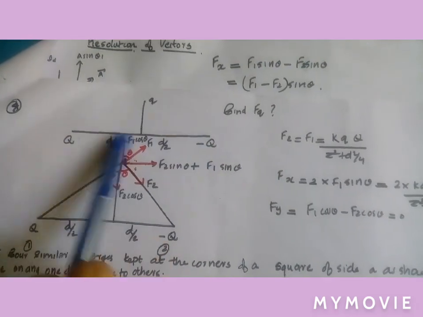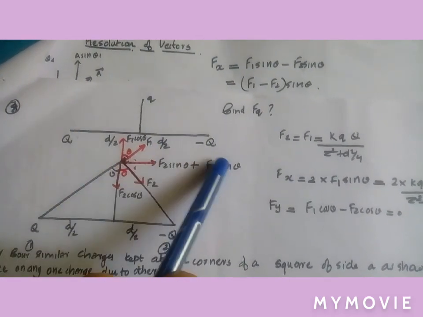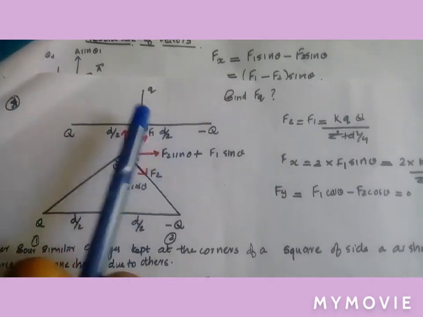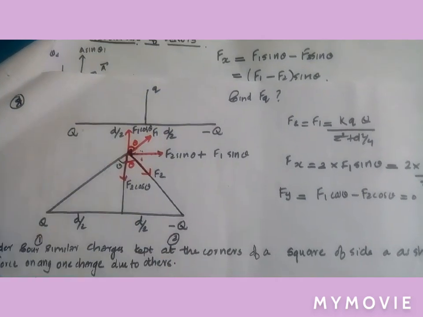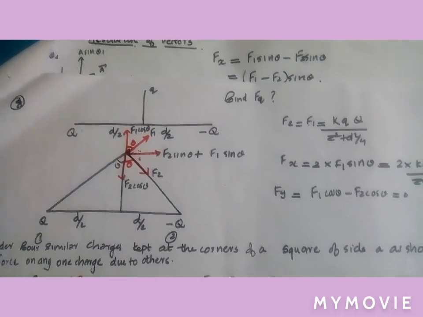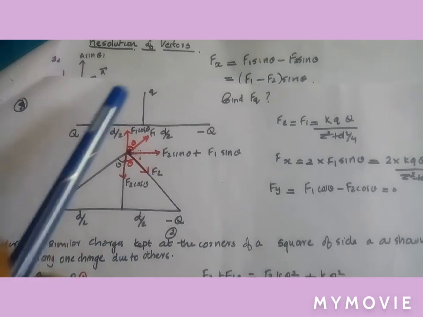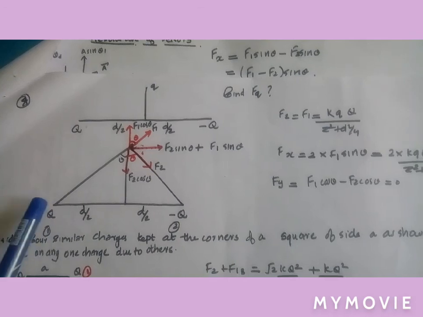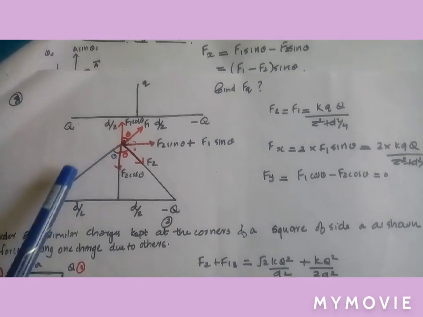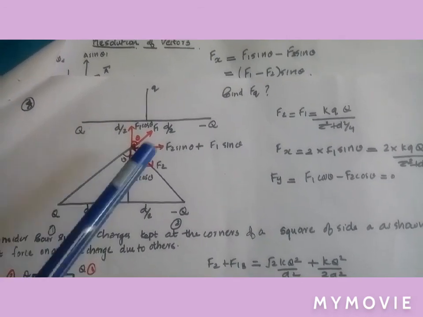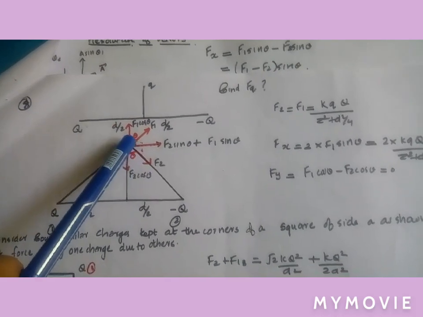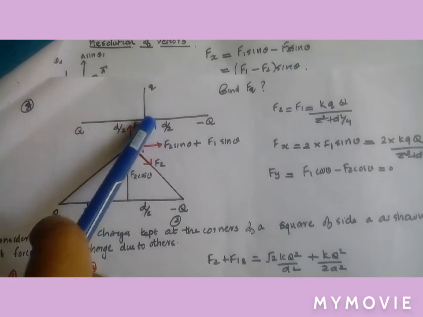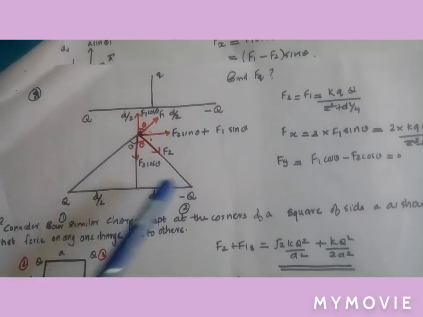Second question, consider this figure, that is capital Q, small q, minus capital Q. Here the distance is d by 2, and here the distance is d by 2. We have to find the force on small q due to these charges. We just copy the figure, and we know that the force between capital Q and small q is repulsion only, because like charges repel. So the repulsion is directed upward. So F1 is this. We first number the charges 1, 2.